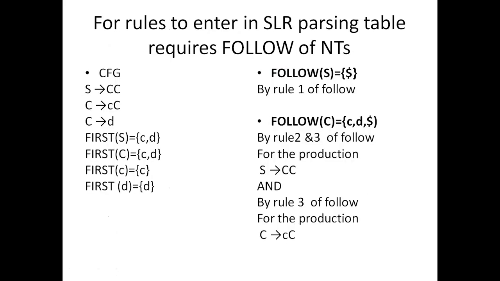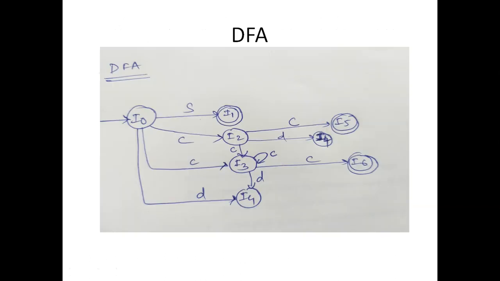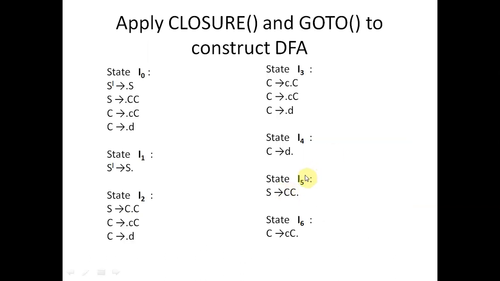Now we will see which are the accept states, either here or here. The I5 state has the dot at the end, and I6 also has the dot at the end. I will explain I5 first. Dot at the end means A produces alpha. Alpha, beta, gamma, as I told, are strings, and individual non-terminals or terminals are represented as small a, capital A, and so on. So A produces CC dot. Here this A is nothing but S. What is the follow of S? That is only dollar.